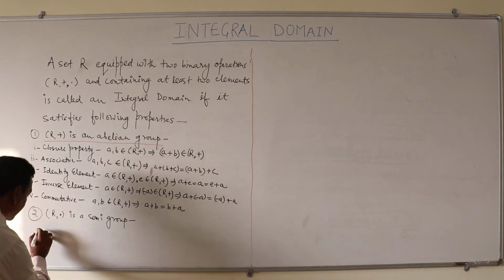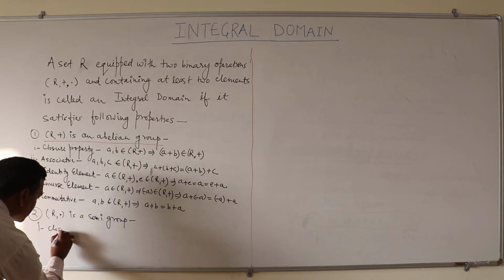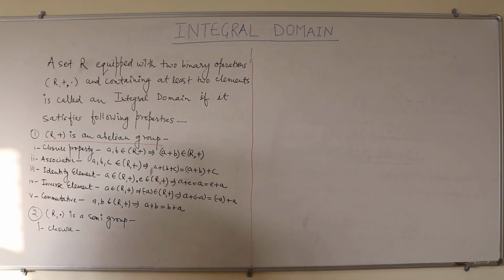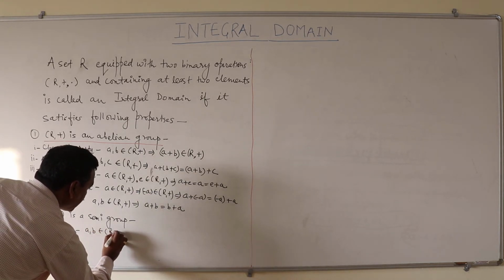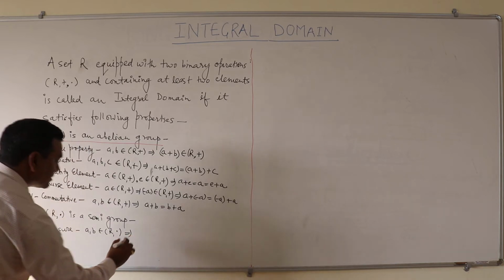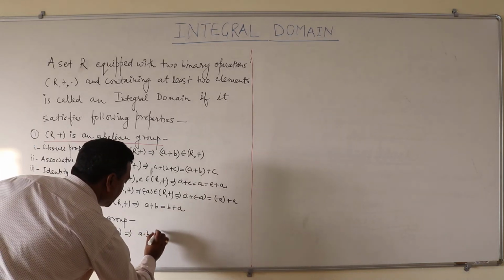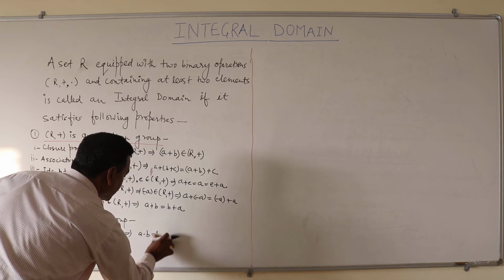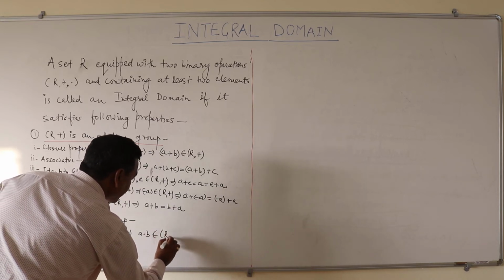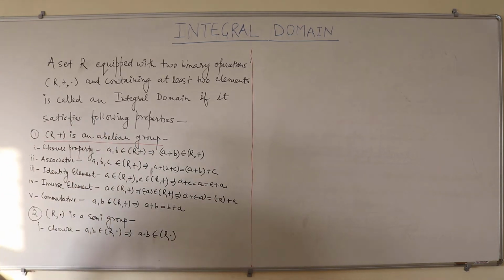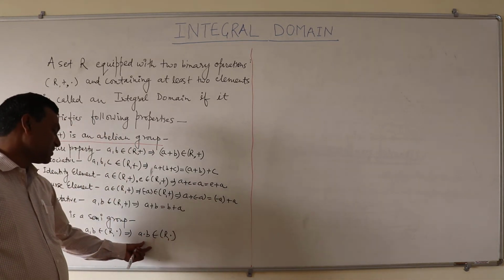It means it will have two properties. First property is closure. If a, b belongs to this R dot, it means a dot b will also belong to this R. It means this set is closed with respect to this